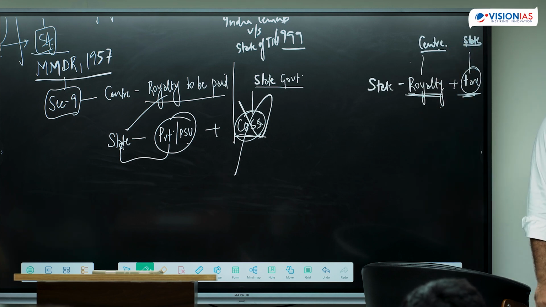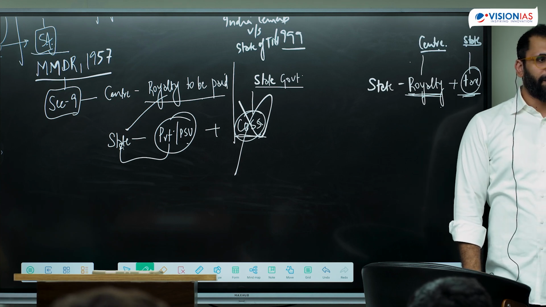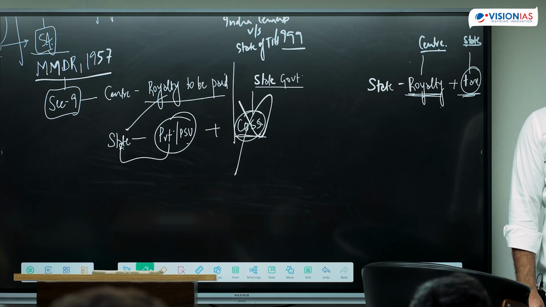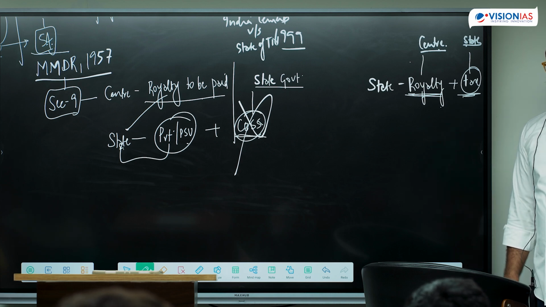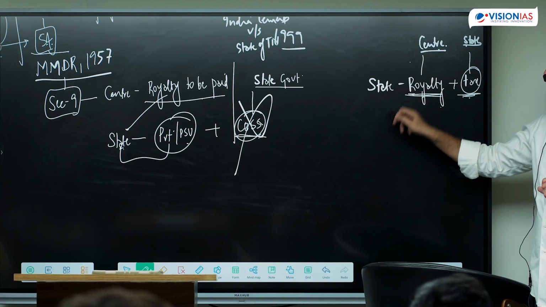Problem does not end here. The problem is that now the state has been given the power to tax. So one way the revenue capacity of the state increases is for those who have minerals, right? Another, subsequent to this, the order after a few days is that they also had to decide whether the tax will be applied with a